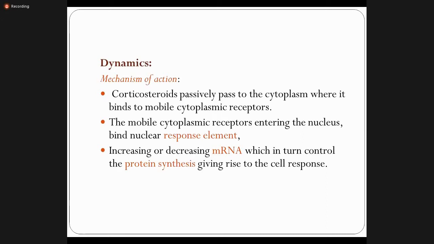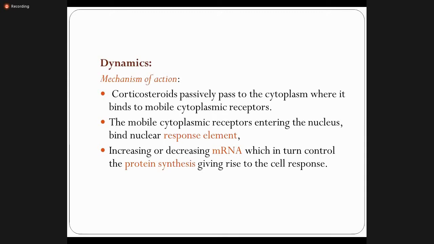that is, at which site, at the receptors. The receptors for the glucocorticoids are located on the cell membrane, in the cytoplasm, or in the nucleus. Your answer would be in the nucleus. So in the nucleus, corticosteroids are going to produce their activity. This is important because up till now, normally the drugs bind with the receptors which are located on the cell membrane. This is one of the options.